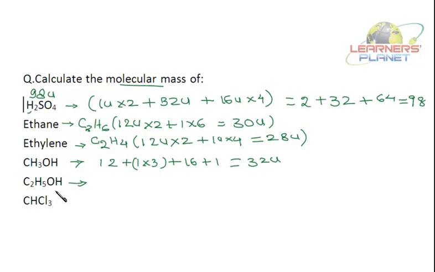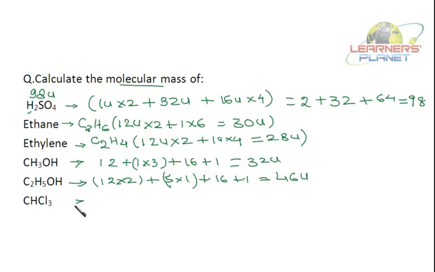Now quickly find out the molecular mass of C2H5OH. The mass of carbon is 12 units, hydrogen 1 unit, oxygen 16 units, and hydrogen again 1 unit. So let's take it. It will be 12 into 2 for carbon plus 5 into 1 plus 16 plus 1. What will you get? 12 into 2 is 24. 24 plus 5, 29. 29 plus 1, 30. And 16, 46 units.